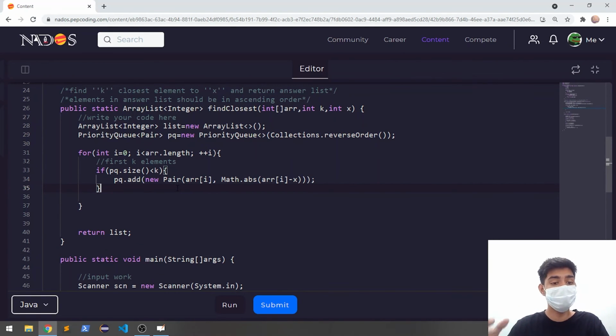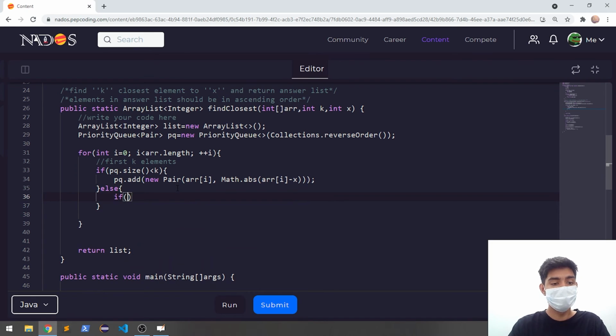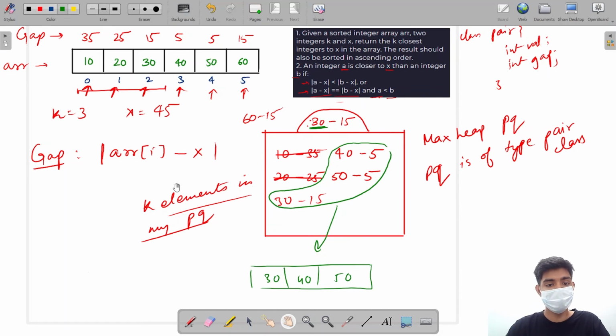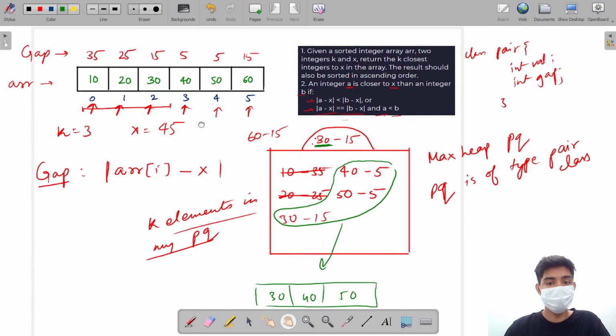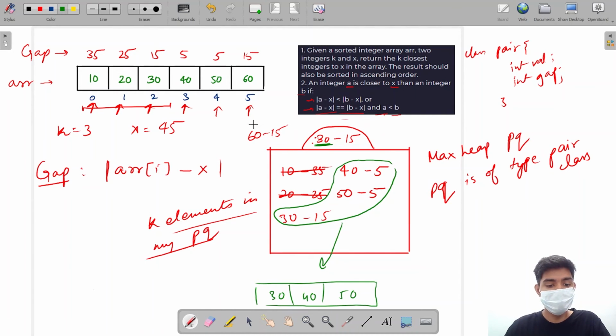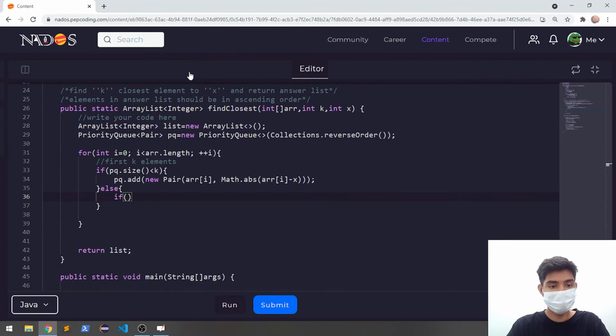But if the size is not equal, else I'm going to check now that if the value of the coming array value, right? Let's say I have 40 and I had 10, 20 and 30 in my priority queue. So if the coming value, if the gap is smaller, so I'm going to check that if